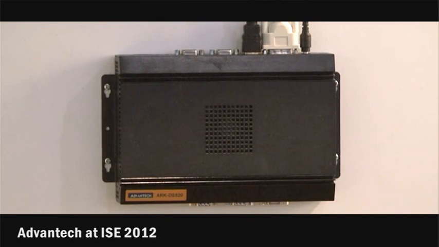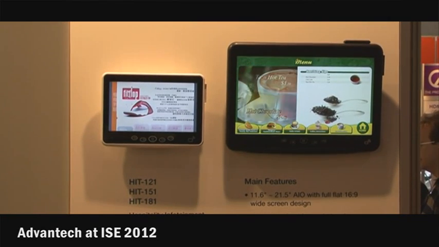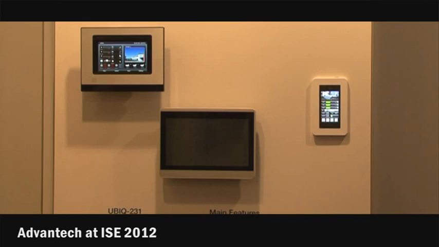If we have a standard like OPS, which was created by Intel and NEC in the beginning, it's very easy for manufacturers to create a standard media player that will fit into all the screens that have an OPS slot. So it's really easy for people to choose what kind of media player they need. It's a big advantage for the screen manufacturer, it's a big advantage for the media player manufacturer, and also for the end user and for the integrator who has to put it all together. There are no more compatibility issues, no more different standards, just one standard which makes it very clear and easy for everybody.